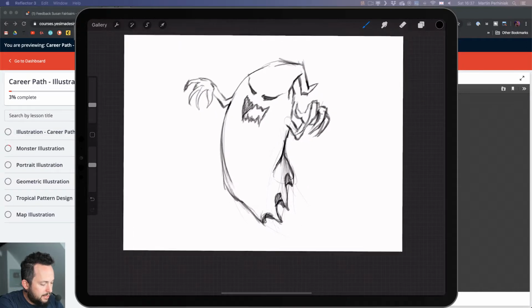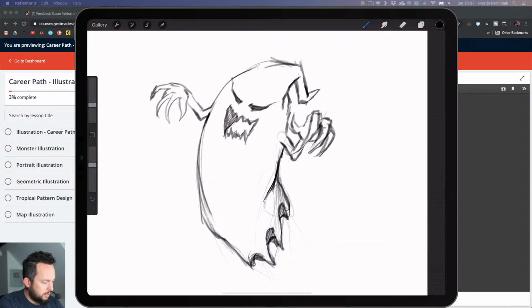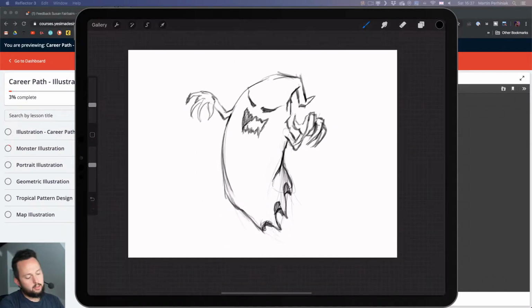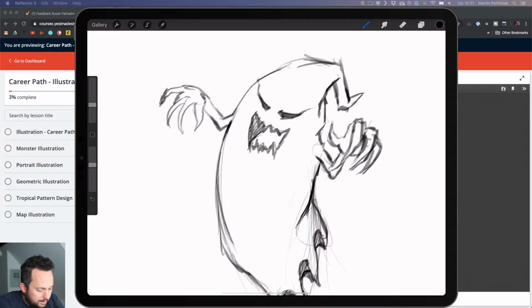Now, I'm still not adding too much detail, so I'm very careful about focusing on details, because that's not important at this stage. It's all about the expression at this stage. So getting the expression right. And if we were to rewind this, I'm going to show you in the time lapse very quickly after I sorted out the